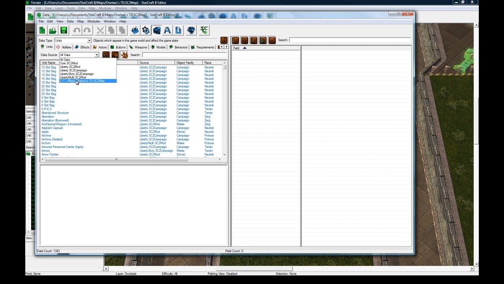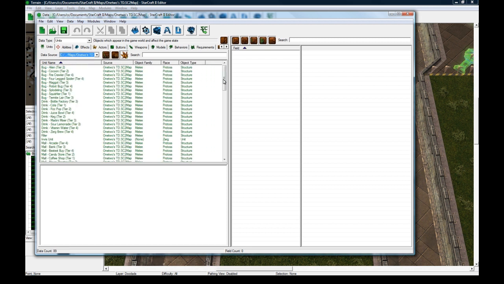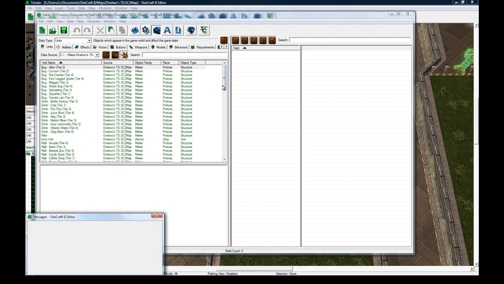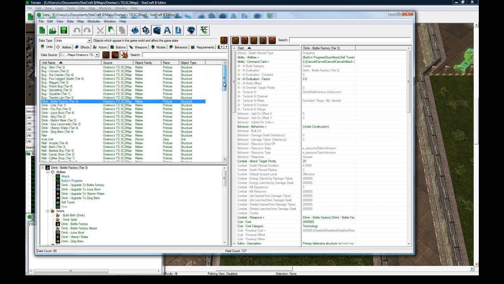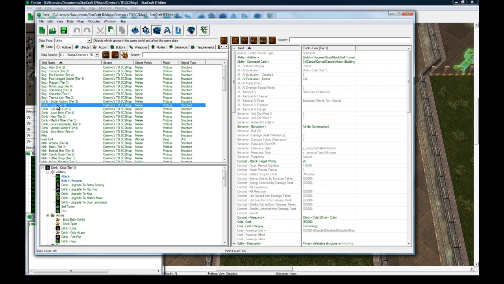So to start off, I have 3 races in the game right now: the bug team, the drink team, and the mall team. And they all have their tier 1 tower. So you can see the drink team has the cola tower. And basically, once I made one tower, I was able to just duplicate and move along. But when I duplicated it,